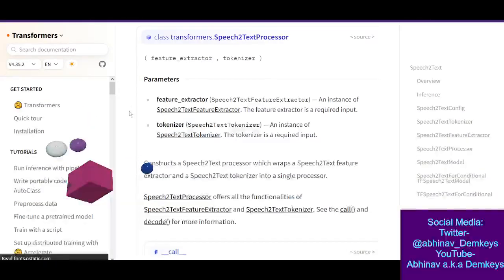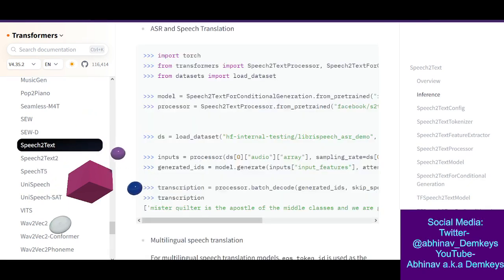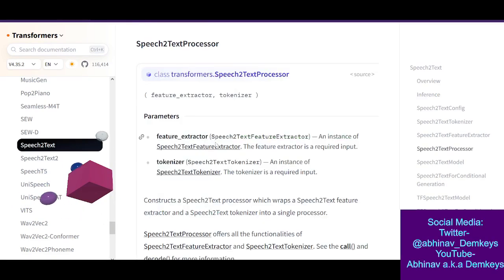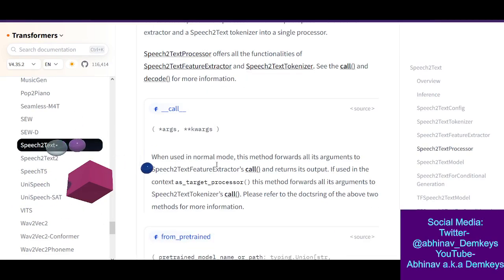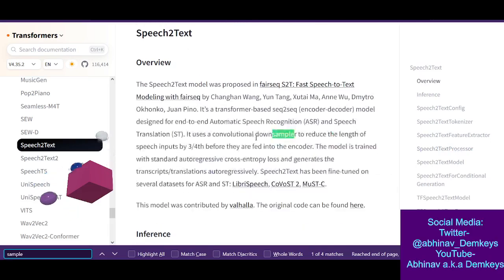Okay, so let's look at the, I think I have to look at the constructor for this. Okay, so there's feature extractor and tokenizer. Is that what was going on there? No, that was a different thing. So okay, we are gonna find sample.